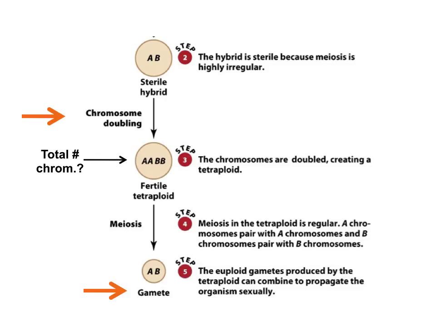Let's say you're going through meiosis, where your chromosomes line up and get split apart. One part of the sister chromatids goes to one side, one part to the other side, or even meiosis where the homologous chromosomes line up. What would happen if all of the chromosomes go to one side and none go to the other side? You would have this chromosomal doubling. What's the end result of a chromosomal doubling? You then get an even number. So going from 29, your chromosomes double, and that becomes 58, right?